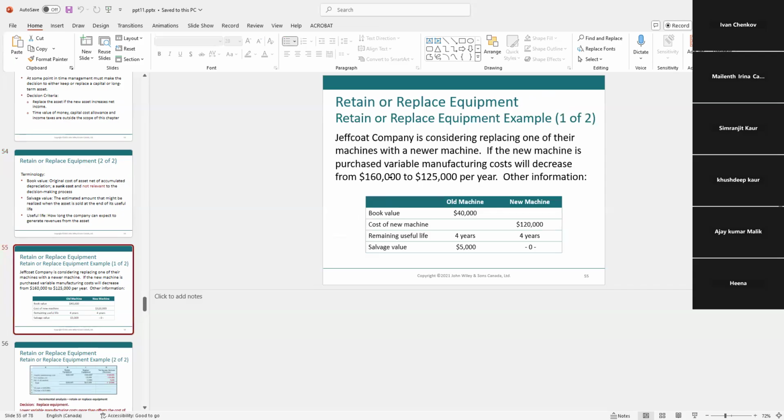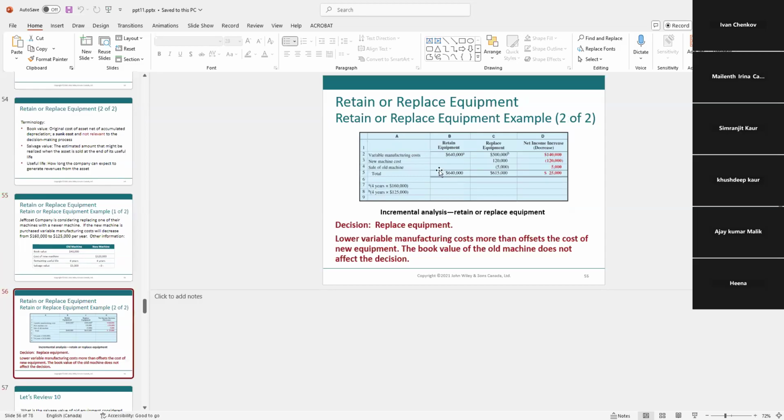And we have this example here with the machinery, where replacing it with new machinery decreases the variable manufacturing cost by $35,000 over 4 years. Now the question is whether the saving that we can generate plus the salvage value of the old machine over 4 years is going to be more than the cost that we have to pay today for the new machine. And it turns out that the decision criteria here is made